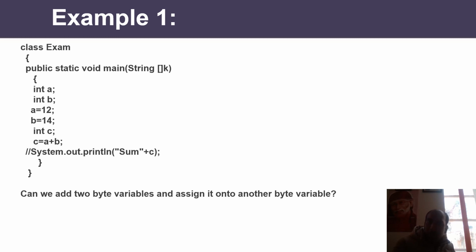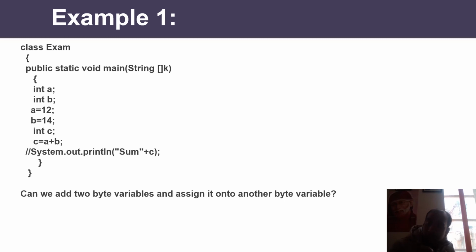So in Java, if you add 2 byte variables and assign the result to a third byte variable, Java is going to produce a compile time error. Why? Because in some cases, after adding 2 byte variables, the size might increase beyond a byte. Java says please be careful: if you add 2 byte variables, you cannot assign it to a byte variable. You have to take int, short, whatever, more than byte. So you need to take care.